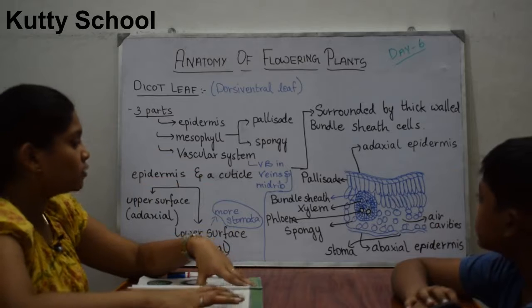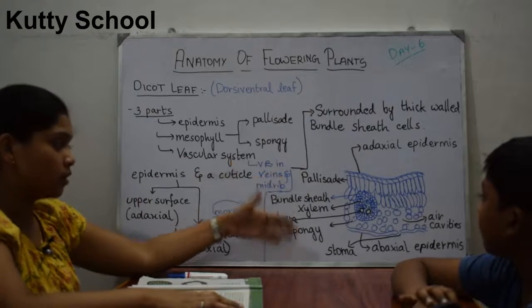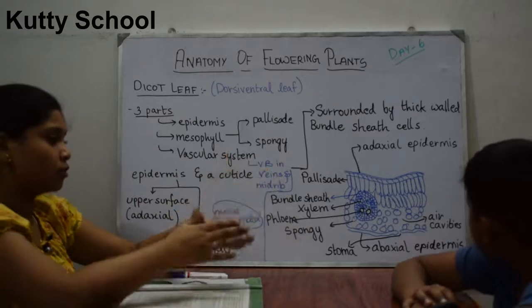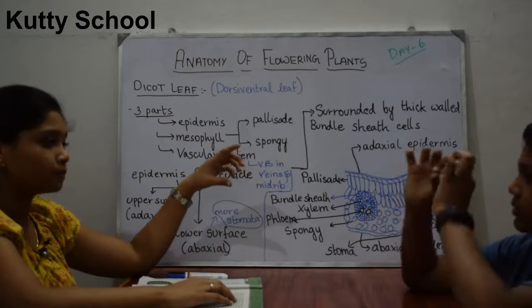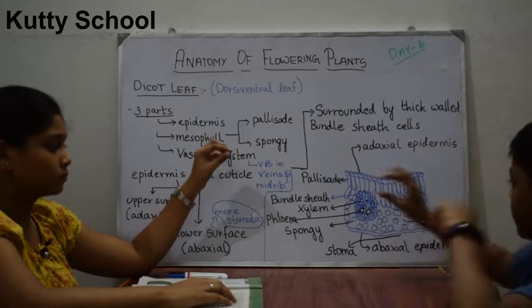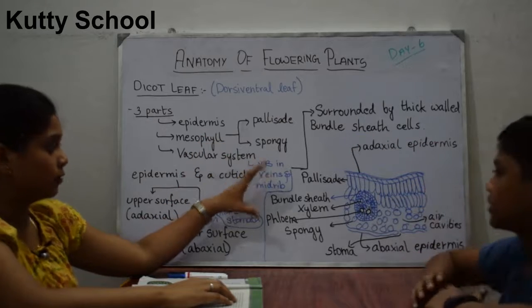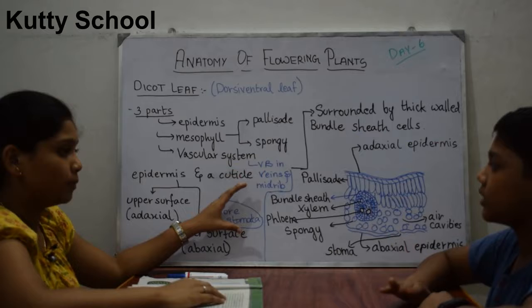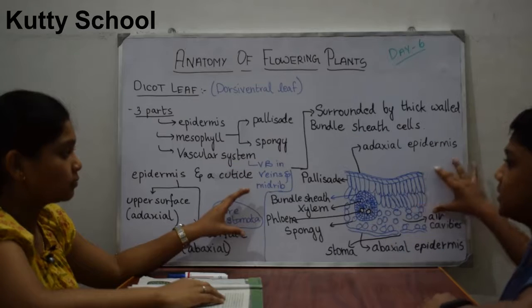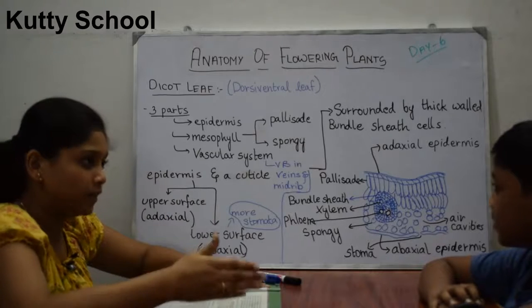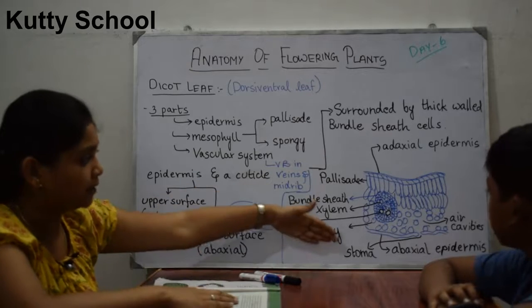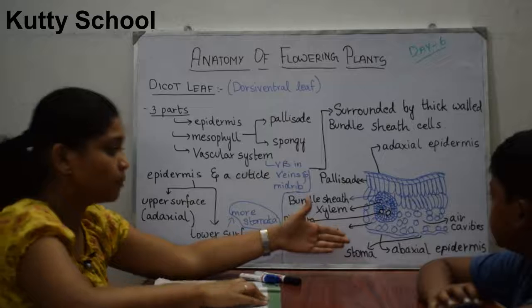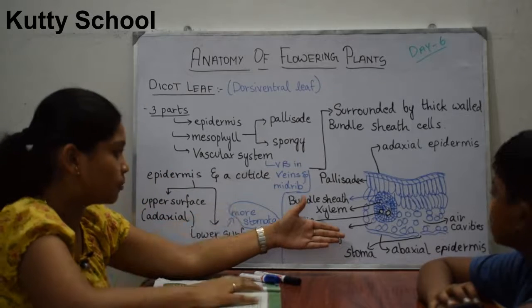So here we are going to see the vertical structure of that leaf. If we cut like this, it will be so thin, but we see it in the microscope, the electron microscope, looking like this. When you cut the leaf like this and see that structure in a microscope, it will look like this. This is the anatomy which we are seeing, the inside water cells are present.